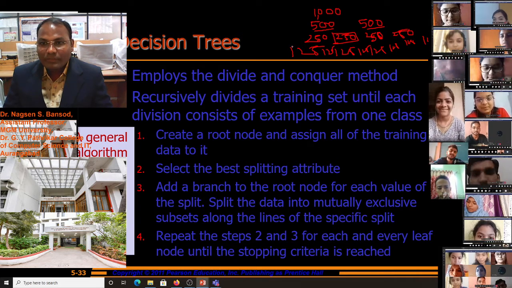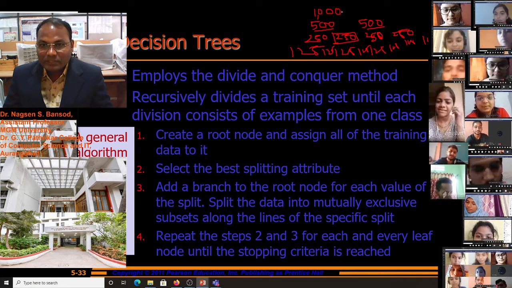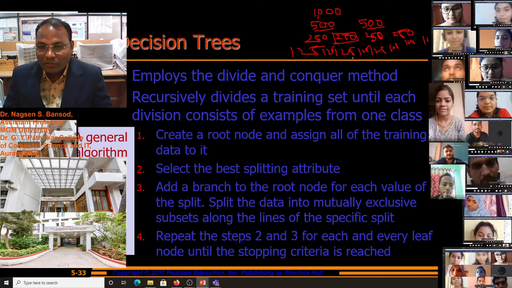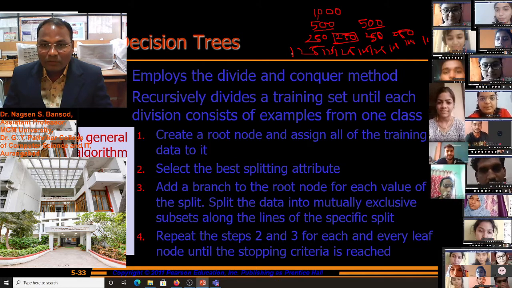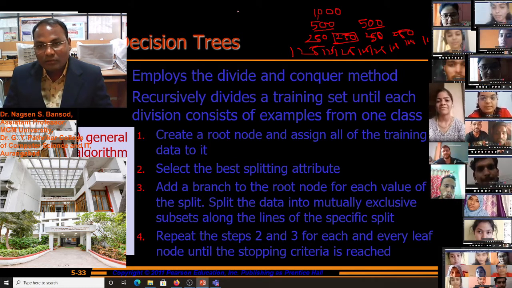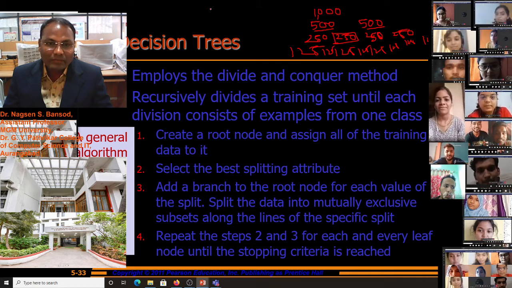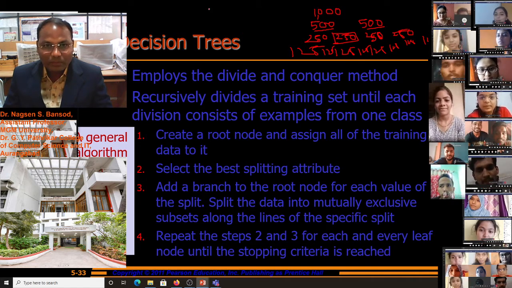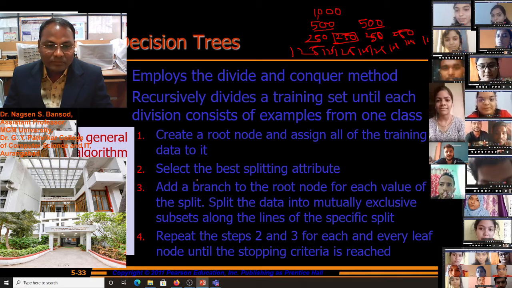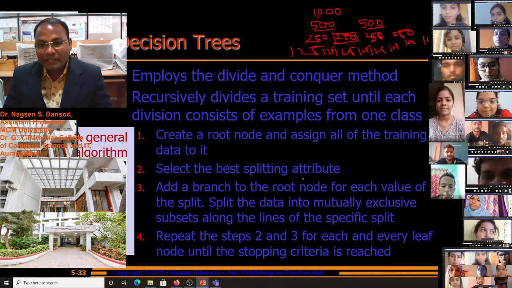All will be the training data samples, thousands will be training data samples. We will select one root value from this sample, the last root value, and then we'll find the classes in the training sample and how much accuracy there will be. In the second step, select the best splitting attribute,